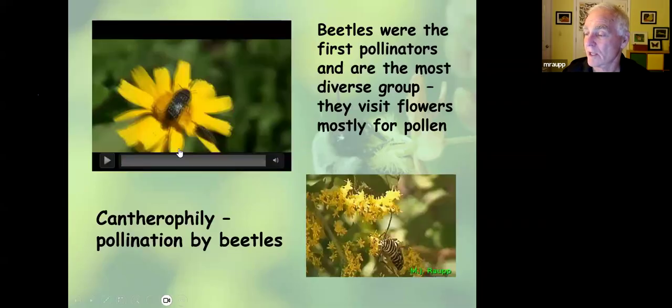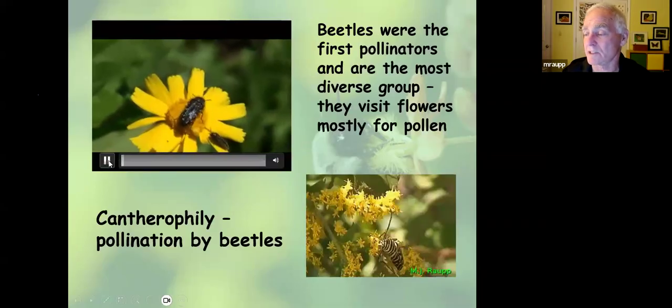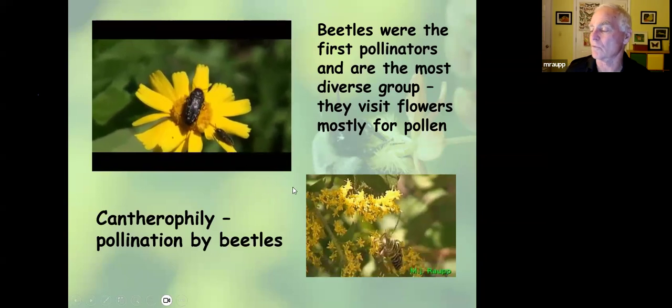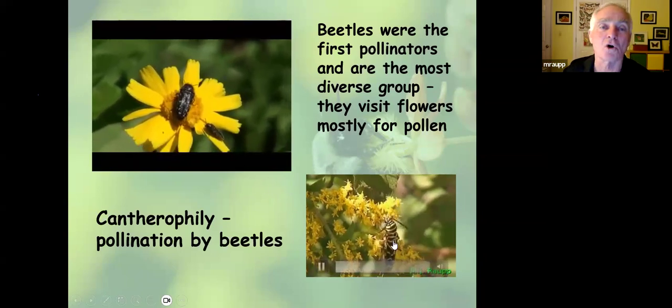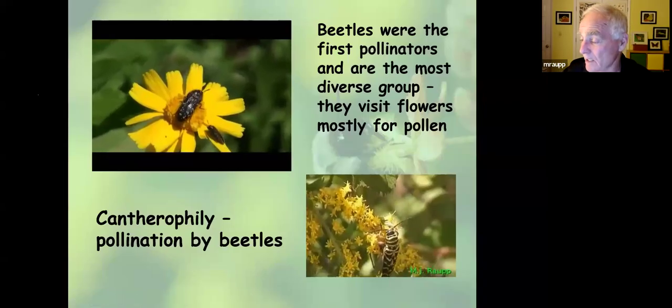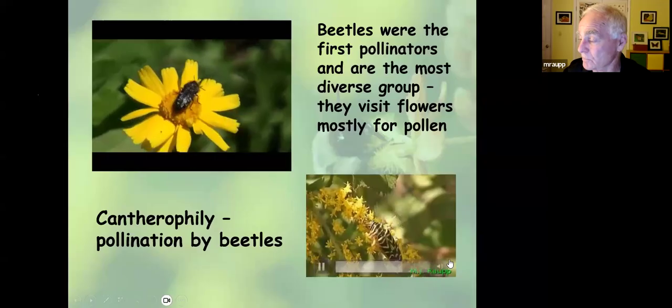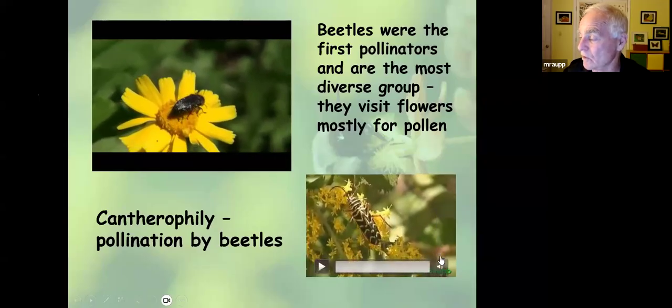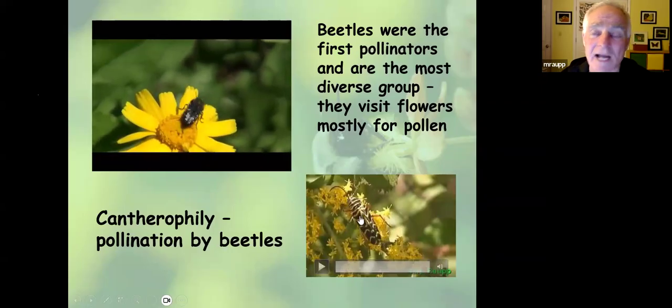Okay, good stuff. Now, beetles come in many different sizes and shapes. If you go into the meadow right this time of year, you're going to see the goldenrod longhorn beetle. I was out there yesterday, and these guys were just out there by the dozens feeding in the goldenrod.